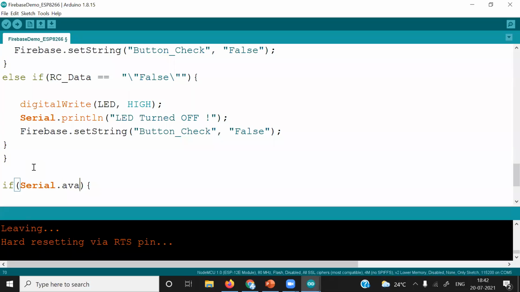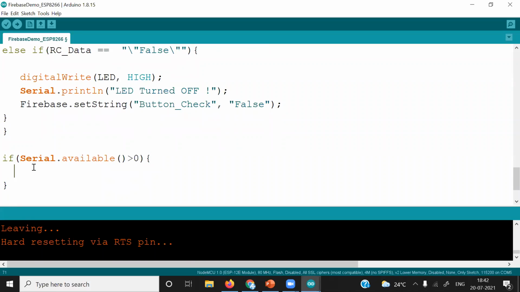We are checking whether data is available or not serially. It must be greater than 0. Then only we can say that we are receiving data serially from the microcontroller to ESP8266. Else we are not receiving, there is no data available in the buffer register of ESP8266.